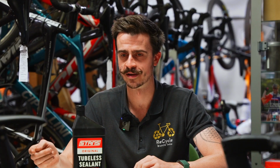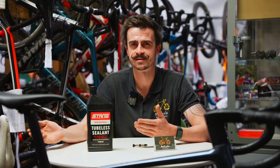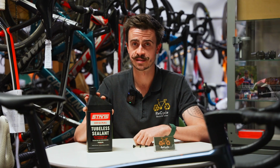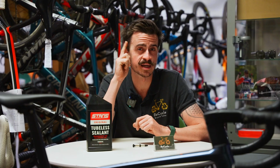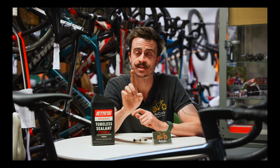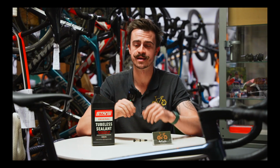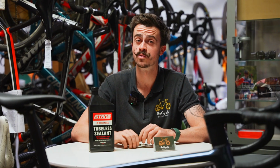But 10 flat tires versus 1 flat tire, tubeless does make sense. Here's something that you might actually find interesting. If you are running a tubeless setup, some people think that means that they can't run a tube. Incorrect. You can run a tube, it's just messy to put it in there. So what I'm saying here is even if you are tubeless, I still highly recommend carrying an inner tube in